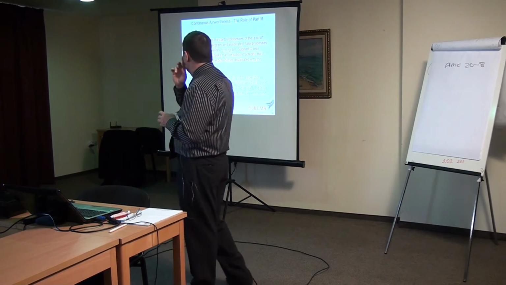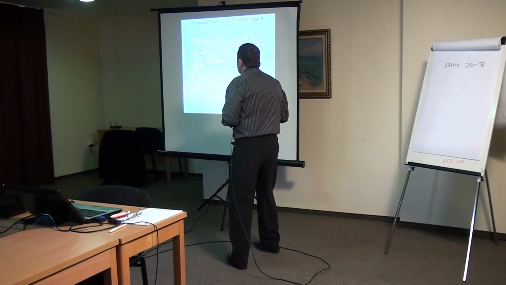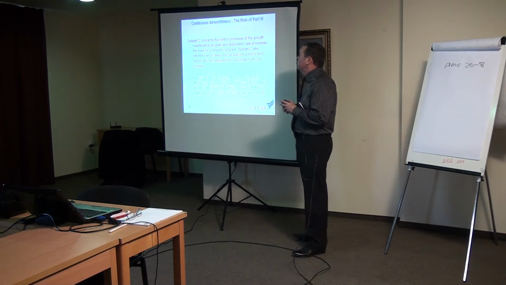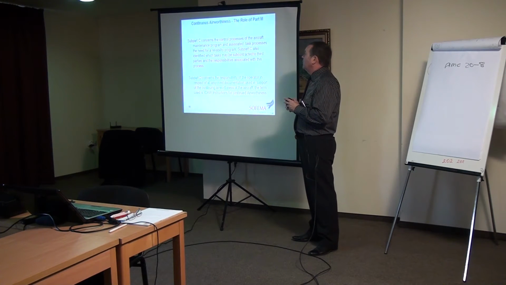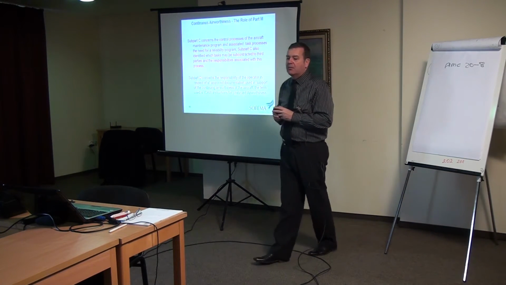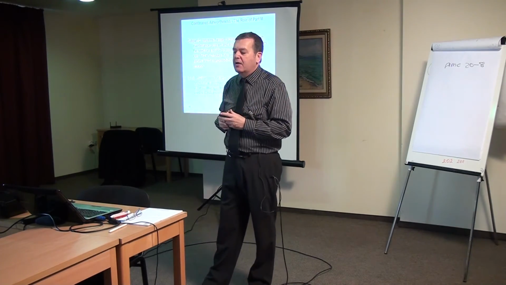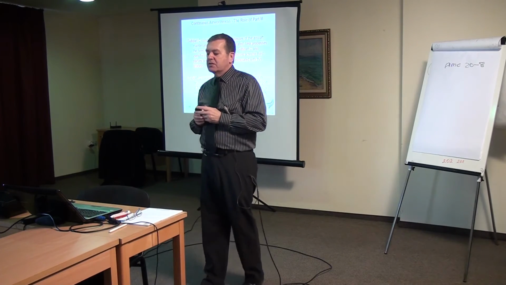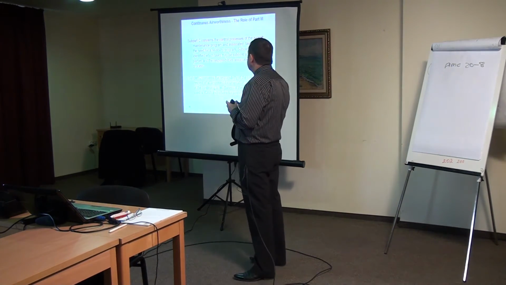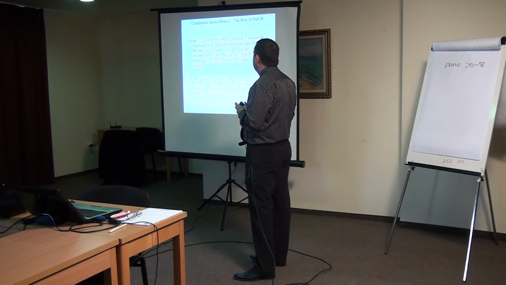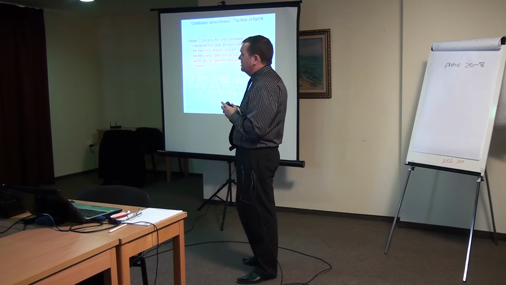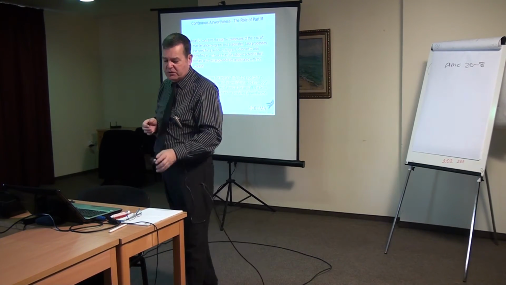Then we have Subpart C, and it's highlighted. Subpart C concerns the control processes of the aircraft maintenance program and associated task processes, the need for a reliability program. Subpart C identifies which tasks may be subcontracted to third parties and the responsibilities associated with this process.